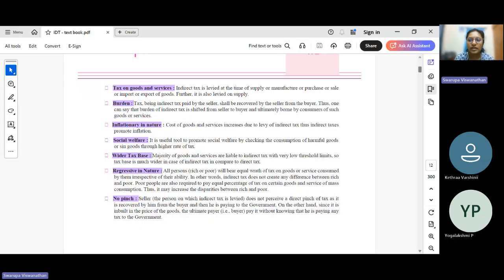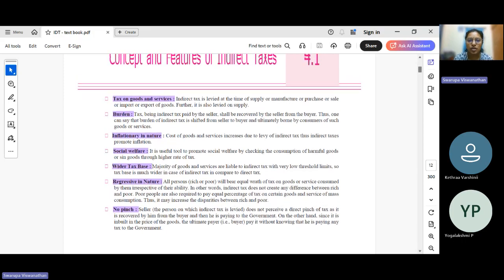Okay. So when you are asked a question to describe the features of indirect tax, you have to ensure that you have these pointers as in your textbook, because in your suggested answer it is going to be these pointers. So when you are being given marks, it will be based on the pointers. So ensure that you have the headers correctly. Note down the pointers before your exam and just revise them before you go to the exam hall.